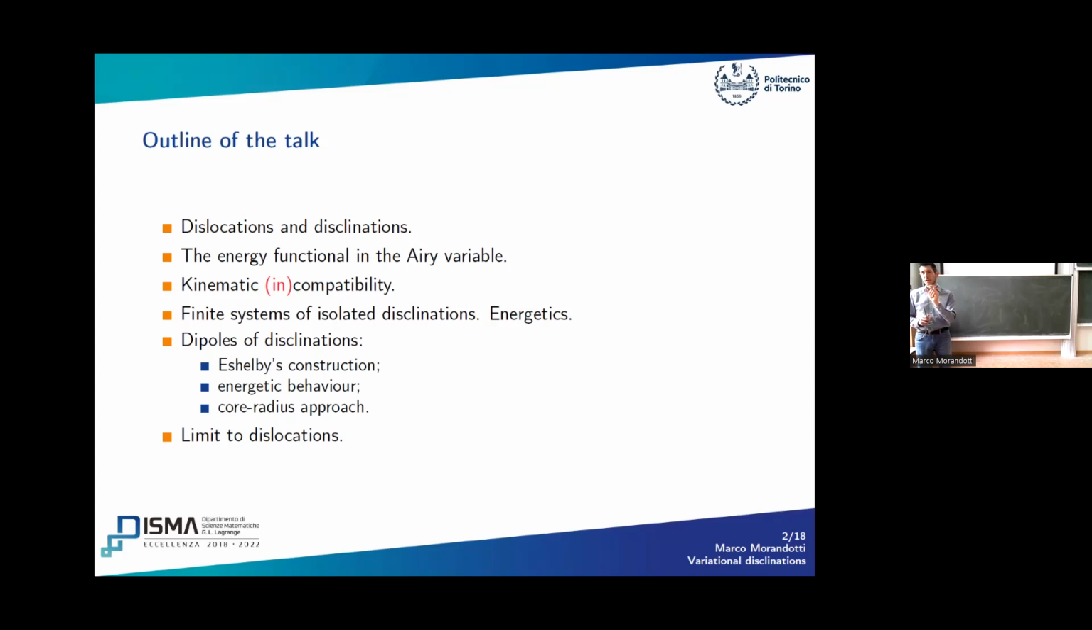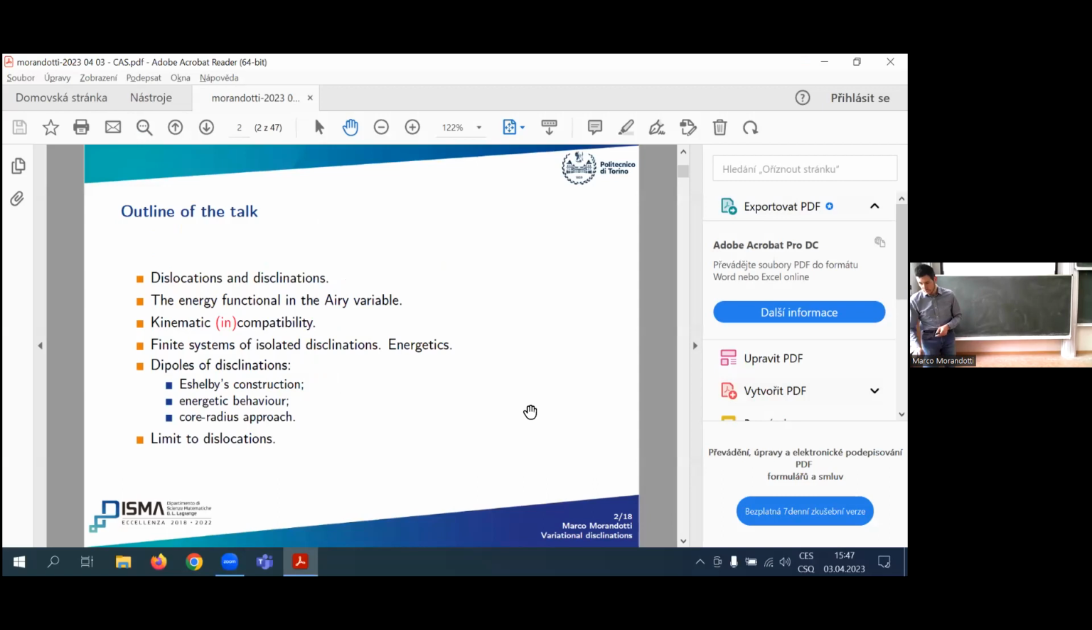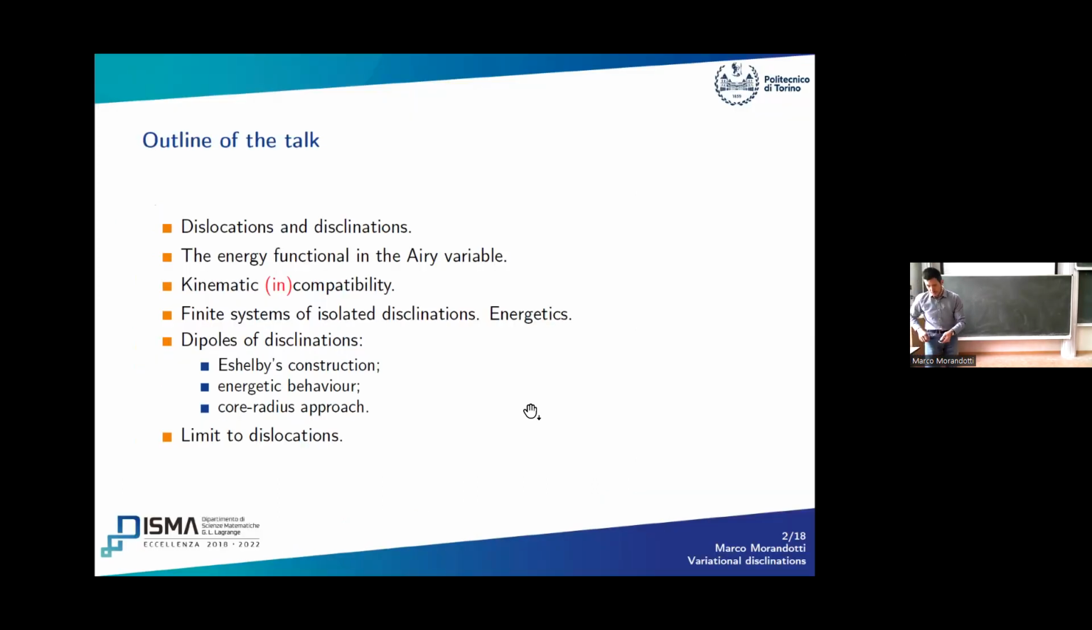So there will be disclinations with opposite signs, and they will behave like charged particles, like, say, electric charges. And we will see how this has to do with Eshelby's construction. That's something that Eshelby proposed in the 60s. And in a way, he proves in the physicist's way that a dipole of disclinations is equivalent to one edge dislocation. So this brings us back to the beginning of the talk and the title,